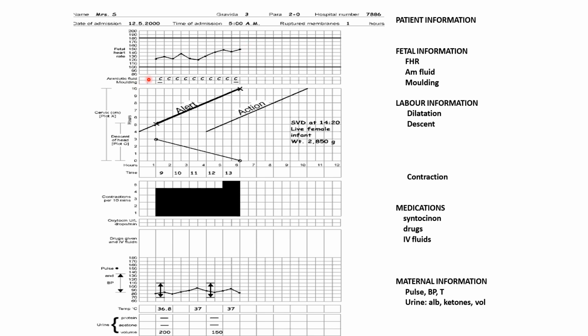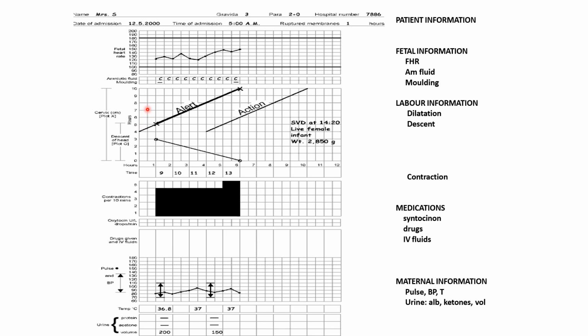And next one, here you can see it is written as amniotic fluid. The explanation of the condition of the amniotic fluid I will give you later. In this column, you have to write the condition of the amniotic fluid. And just below the amniotic fluid, there is a section for molding, and there you are supposed to mark the molding. Explanations again I will be giving to you.